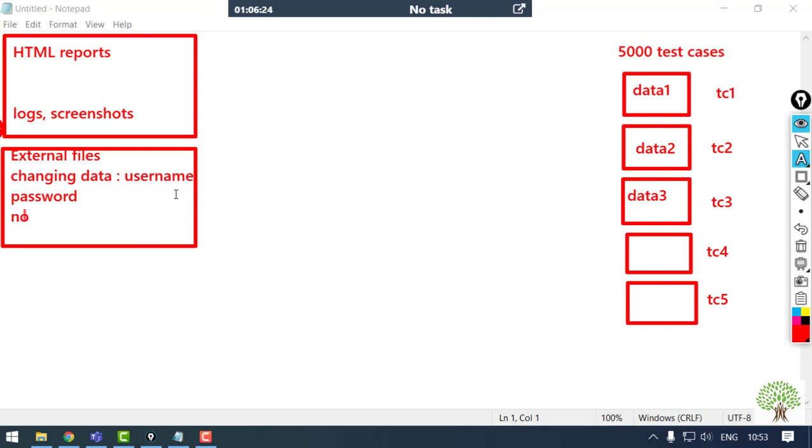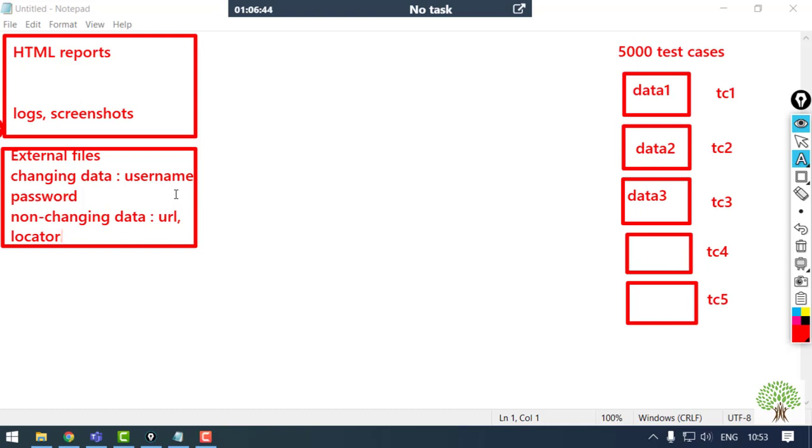The second type of data is non-changing data. Now non-changing data, basically the URL, the locators that you are going to use to extract the element from the web page, or some admin user and password, that is a possibility.